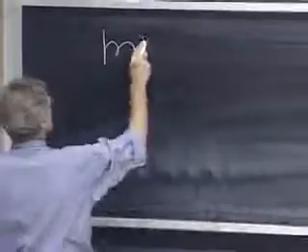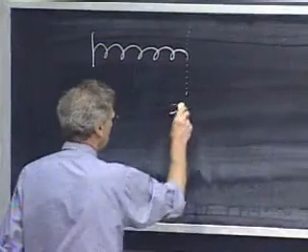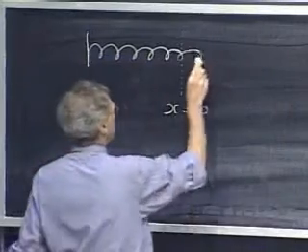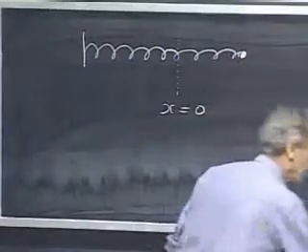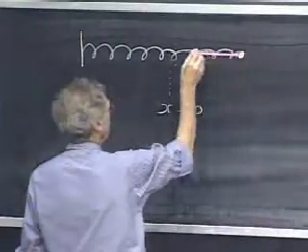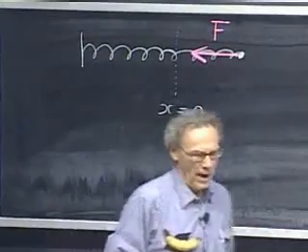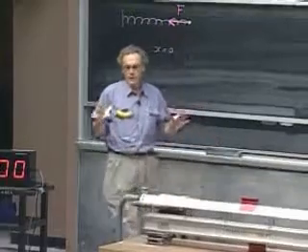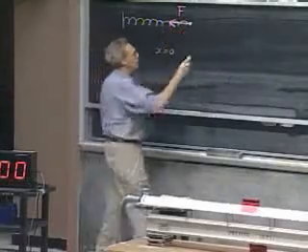If I have a spring, and this is the relaxed length of the spring, I call that x equals 0. When I extend the spring with a P, there is a force that wants to drive this spring back to equilibrium. And it is an experimental fact that for many springs, we call them ideal springs, this force is